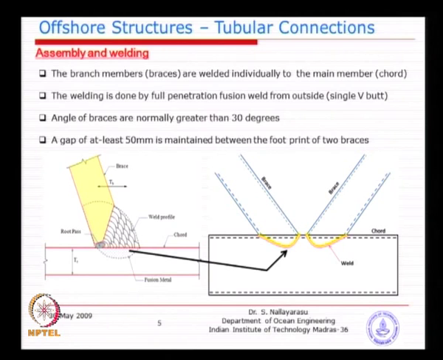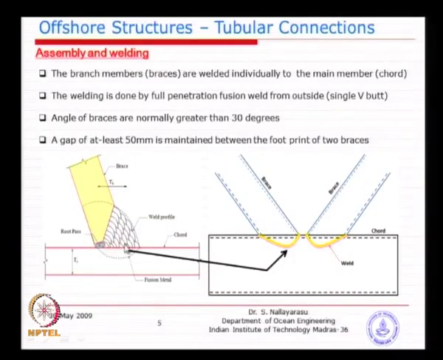When you try to do this, you normally do it using multi-pass, meaning every time you use a 6 mm or 8 mm welding rod, you weld around: first pass, second pass, third pass. So, you will see that several passes have to be made in order to make sure that you get the complete filling. And the reason why we need to know this,